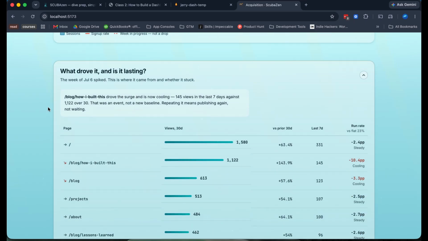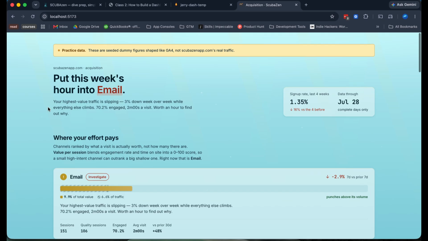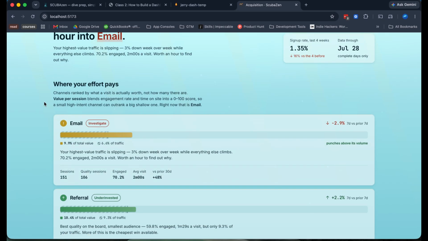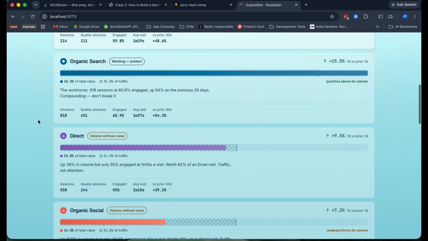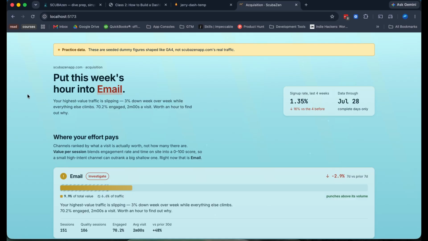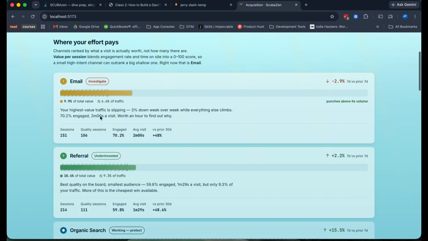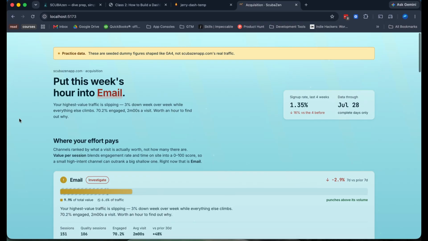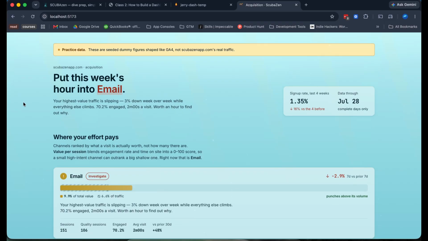And just like in the website class, you go down and you go section by section. It helps orient how you're thinking, if it's useful for you. One of the things this did is show where your effort pays, right? So this whole section is what I need to focus on, and that's helpful. And the whole dashboard's theme is put in this week's hour, right? So where do I go for the next hour? And then this is just more charts. So this is a starting point. Like we said, it's not supposed to be right on the first iteration.